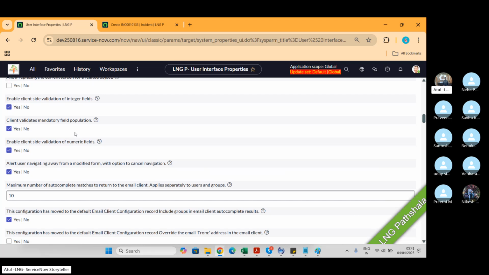Most properties are given by ServiceNow. We use them as they are. Property level changes we do not make much, specifically on the UI property perspective, not the basic configuration perspective. Okay, this is one. Now,